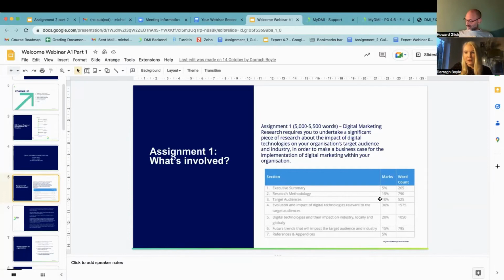Your research methodology is worth 15%, target audience is 10%. The evolution and impact of digital technologies relevant to your audiences is worth 30%, so that's quite a big section. And the digital technologies and their impact on your industry locally and globally, that's worth 20%. The future trends that will impact your target audience in your industry is 15%, and then your references and appendices